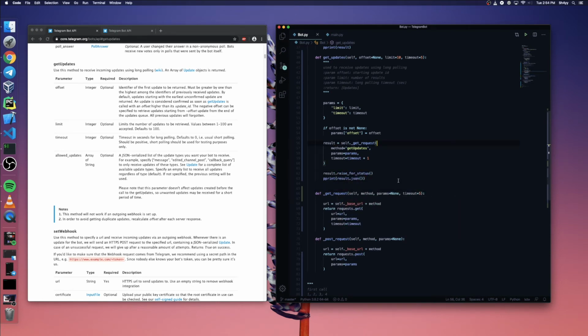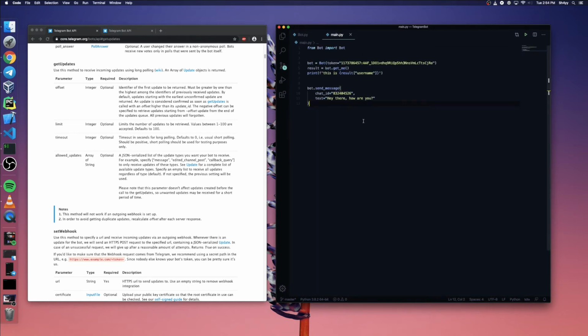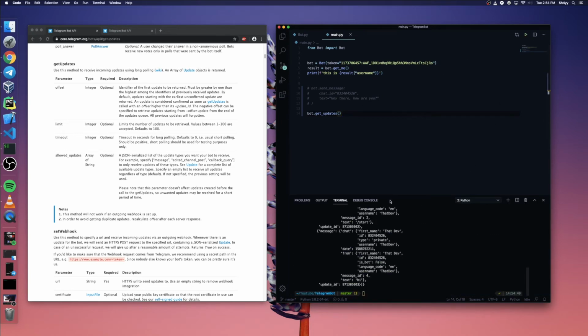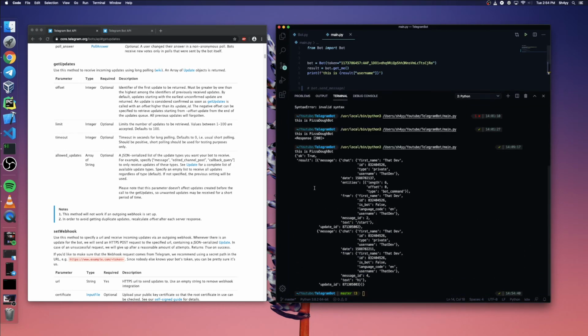Okay, now we can test it and see if it works or not. So send a message, we can comment this out, and we can do bot get updates. Alright, so let's run this, and here we go. We got a bunch of updates here. So in result we got a message,